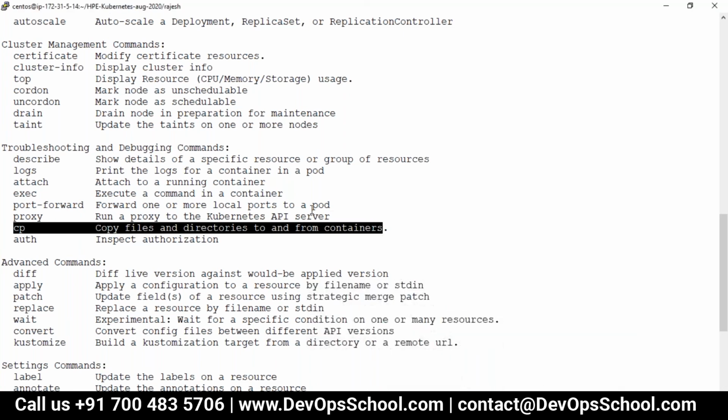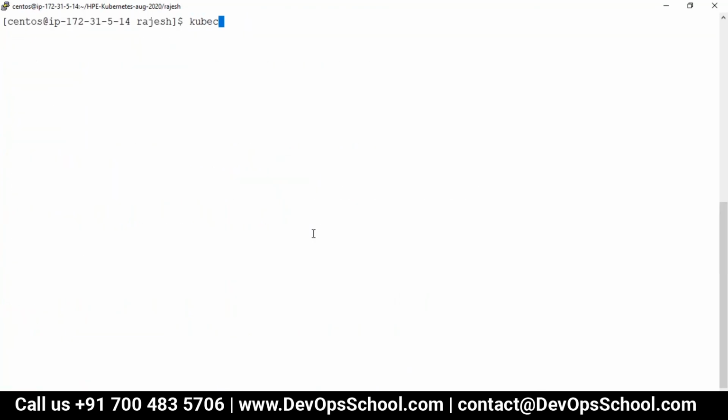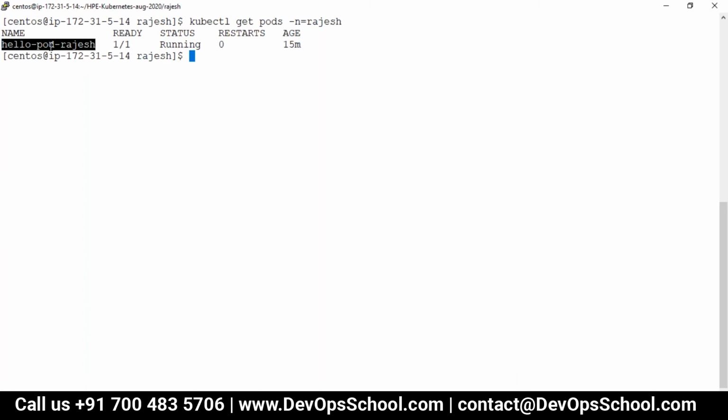Where do you want to copy? Inside the pod, of course, inside the container, sorry. So kubectl get pods -n Rajesh, and here I want to copy certain files. Can I copy? There's one file which I'm creating with touch devopsschool.com. This is the file I created.